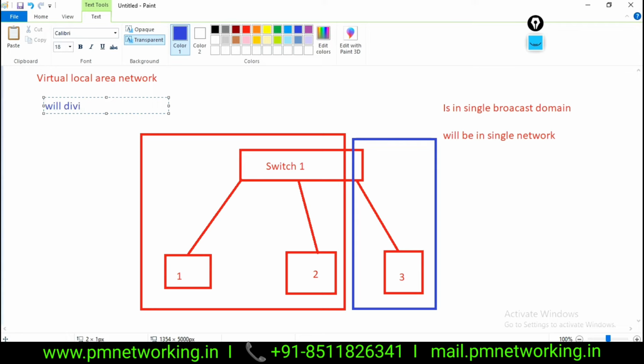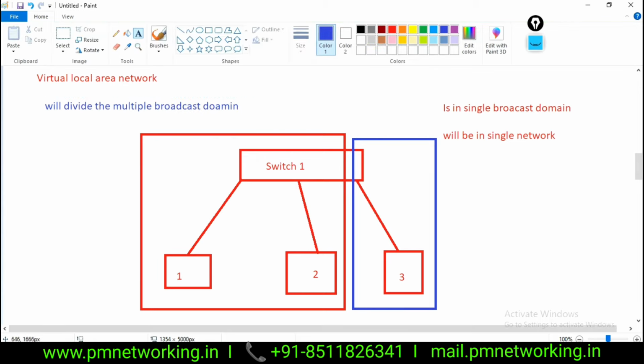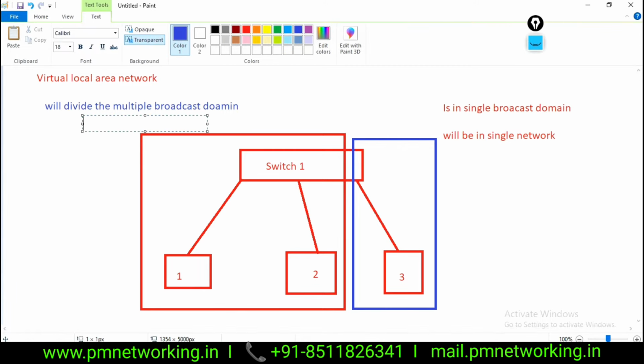VLANs will divide the broadcast domain on a switch. That means now we can have multiple networks